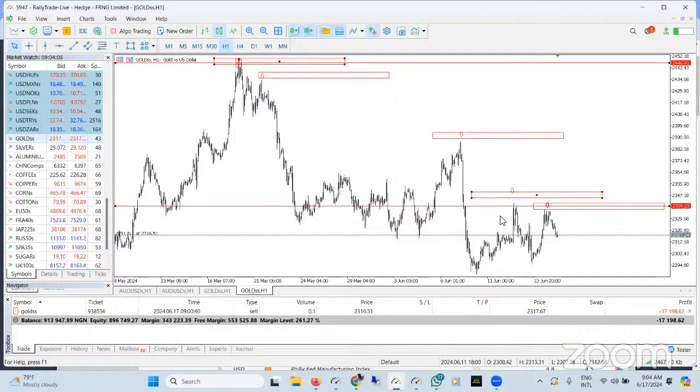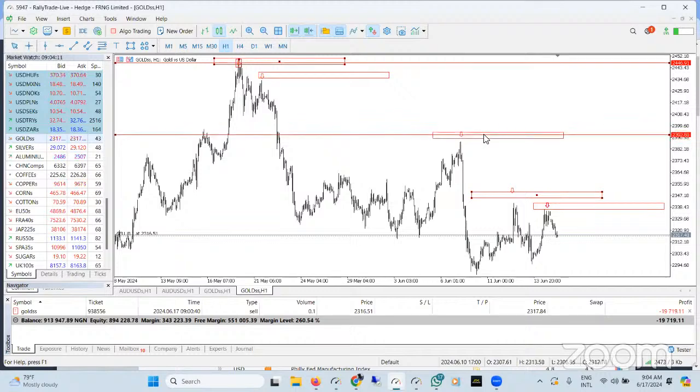Which means that I could shift my focus to this top area. This area could be my area of interest, so I can just use this one. I don't want to be on the highest risk and I don't want to be on the lowest risk. I just want to manage the risk the best I can. So I think I'll use this level as my stop loss. Now I can delete this line, and just click and drag this to my stop loss. So this one will be my stop loss.